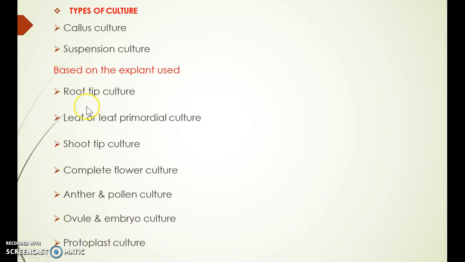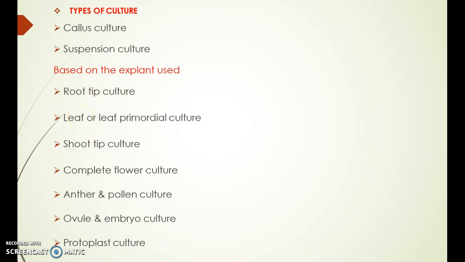Here the root tip is used, leaf primordial, shoot tip, and the anther and pollen grains. These are all the growing tips of the plants, that is, they consist of meristematic tissue. Such explants are used for tissue culture. Actually, any part of the plant can be used, but the tip of the leaf, tip of the root, tip of the stem are usually used as they consist of actively dividing cells,